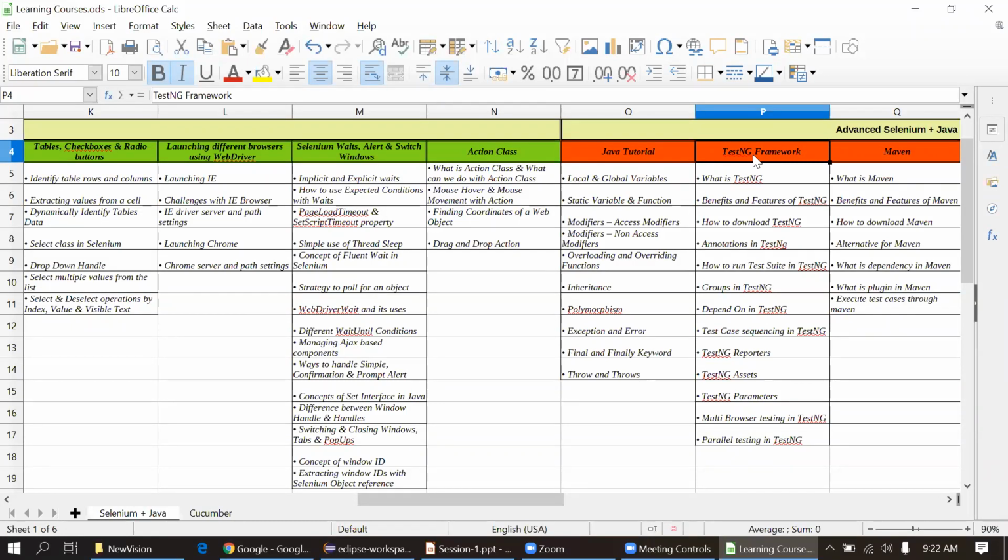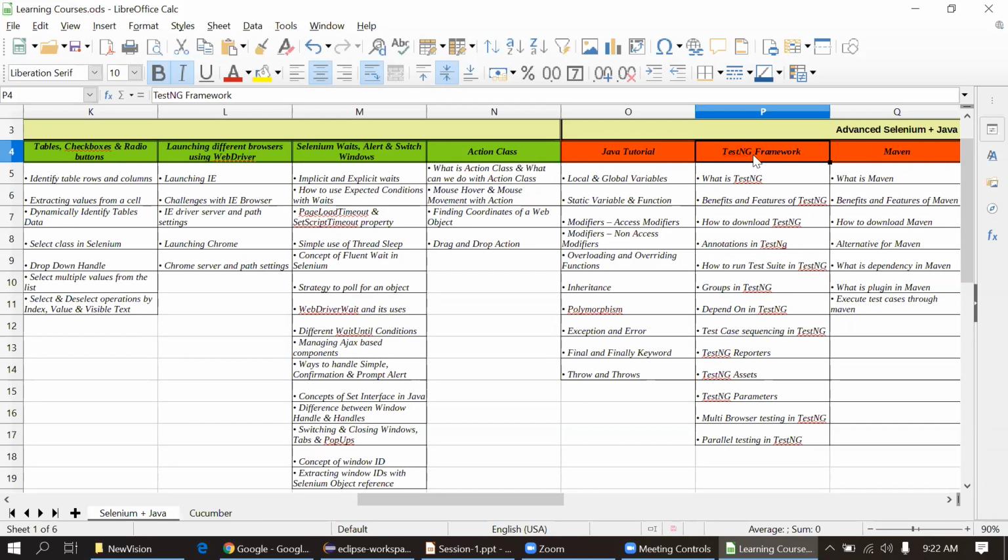That is mostly used by developers because it has less functionality, and there is some functionality related to the browser and OS. But we are not worrying about the OS right now while developing our script. So we are using TestNG, and it has more features as compared to JUnit. In TestNG, we are not going to use the main method. We are going to use annotations, and based on the annotation, our script will execute.